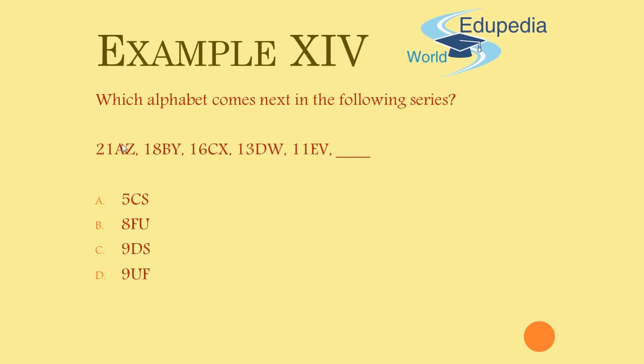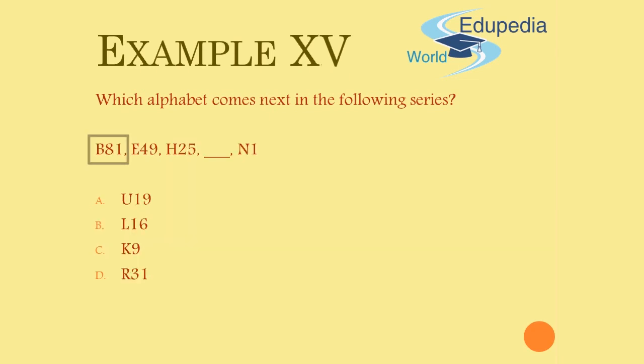And over here, if you see the first letter, it is A, B, C, D, E. After E will be F. I'm moving forward by 1, to F. So I got my number as 8, and I got the letter as F. And the last letter is Z, Y, X, W, V. So from the end of the alphabet spectrum, I am moving back by 1. So before V is U. So it will be 8FU. The word here will be 8FU. And option B is your answer.